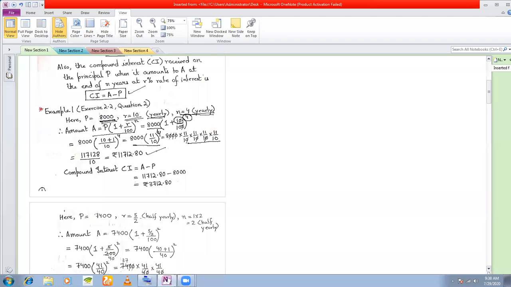11,712.8. Now one thing to remember in calculations: if all the zeros in the denominator are cancelling, just like here, then you cancel all the zeros. But if certain zeros remain, that is, some power of 10 remains, suppose in the denominator you have 11 by 10 into 11 by 10, in this manner, and it does not cancel, then